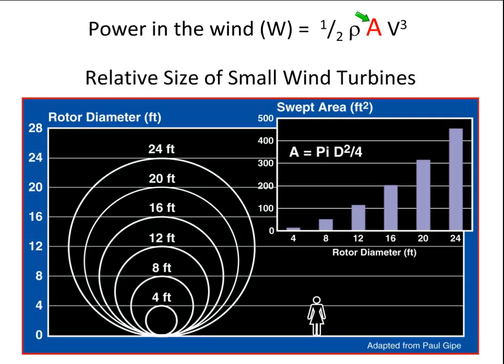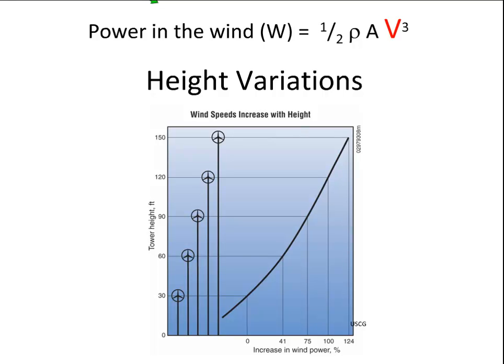A lot of turbines that are going to be the size to power a home are going to be in the size of this 8 to 12 foot swept area. In the case of a large wind turbine, that 8 to 12 foot is going to be more, the large wind turbines are going to be more like 100, 300 feet at times across. So if you can imagine, 300 is as tall as a football field, so that would be a large wind turbine. These are all very small wind turbines comparatively. So we're going to look at some other things that we can